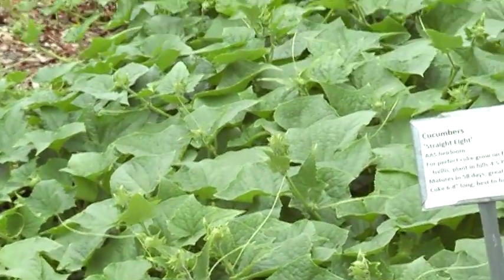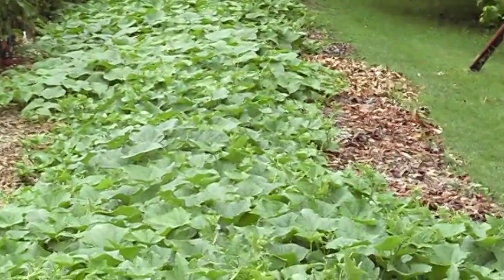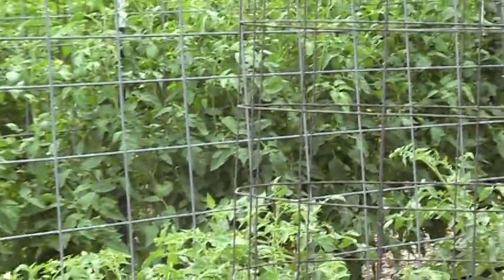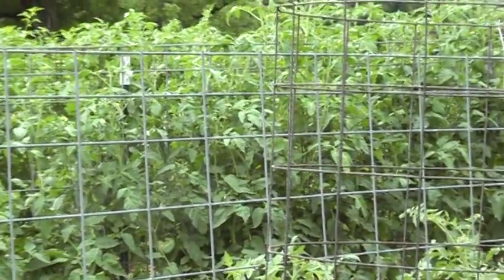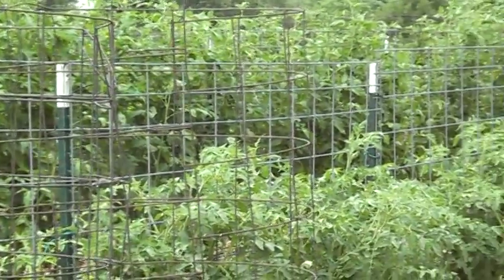So you go in and pick this every day or so. We pick 3 days a week. And it goes into the Tri-State Food Bank. Yes. My gosh. Tomatoes. Yeah, I know those are 2 of the mainstays in anyone's vegetable garden, cucumbers and then the tomatoes. Tell us about them. We do 200 varieties of tomatoes, all different varieties. We try to grow them on the cages. And I just want you to see, every one of them is labeled so you can see how it grows